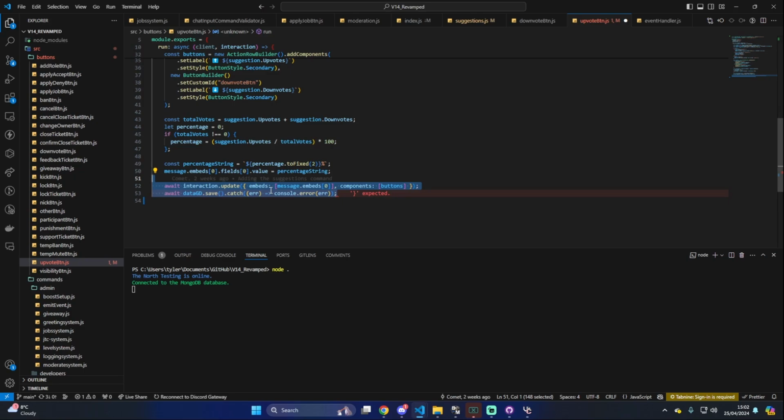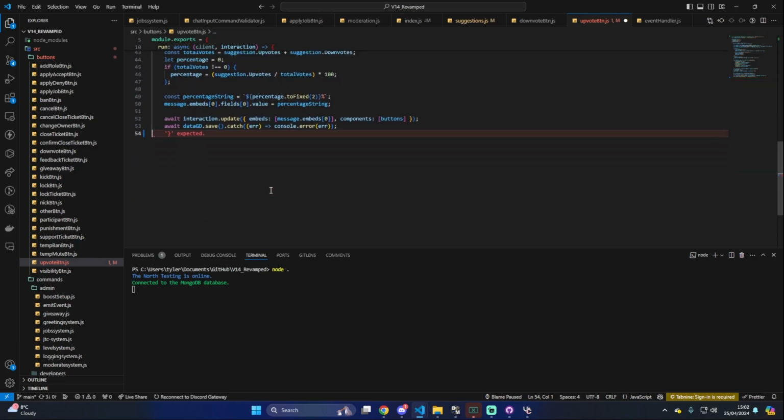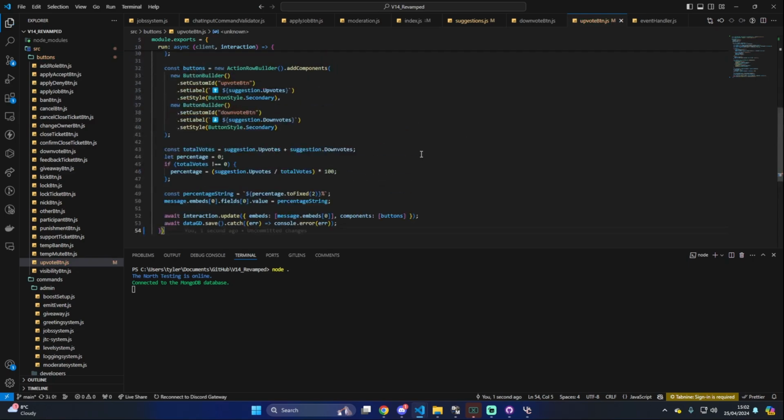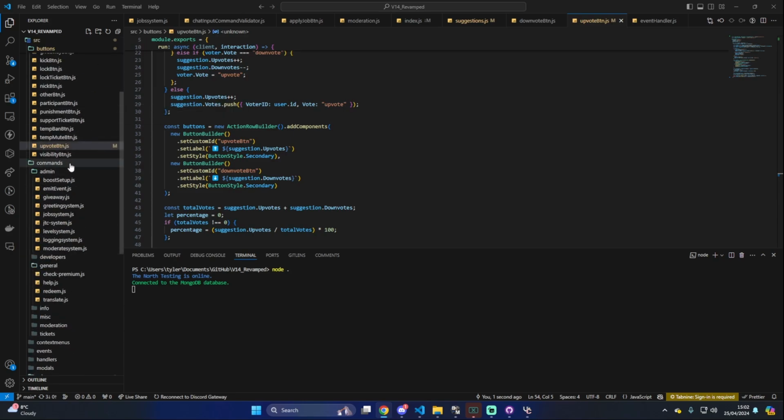Then we'll update the interaction with await interaction.update, embeds message.embeds in an array of 0, and the components will just be the buttons that we just made. And then we'll save it in the database, and then forward it to the console with await data gd.save, and then we'll do .catch error and forward to the console with console.error. And then we'll just add our brackets, and then yeah, that is our 2 buttons done. Next we will move on to the main